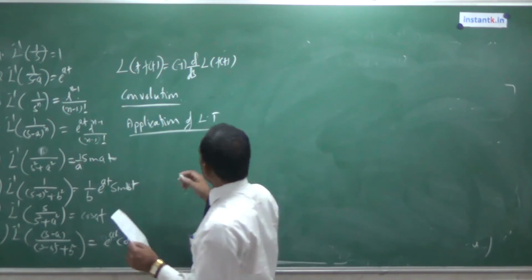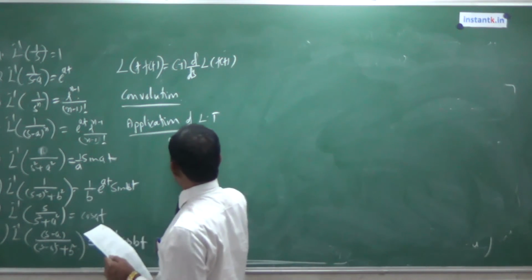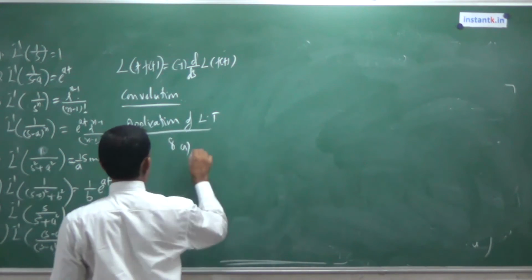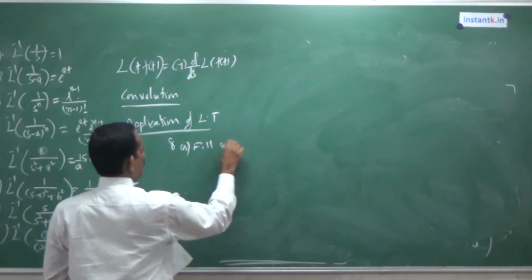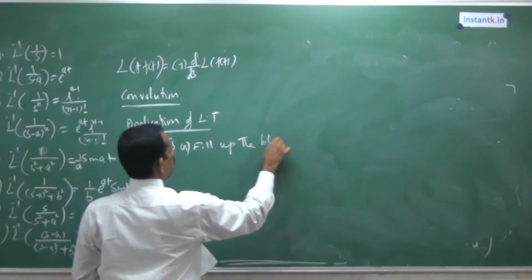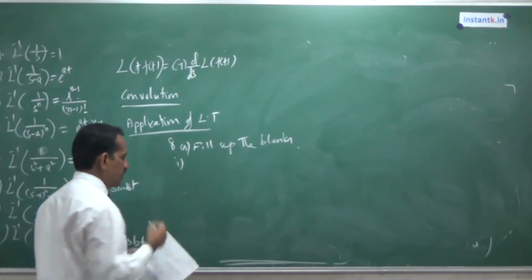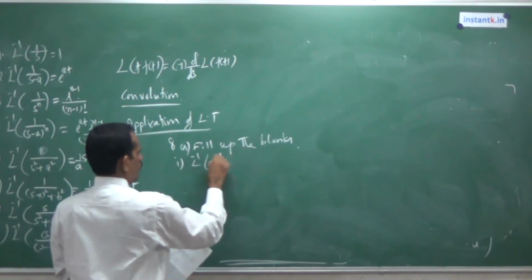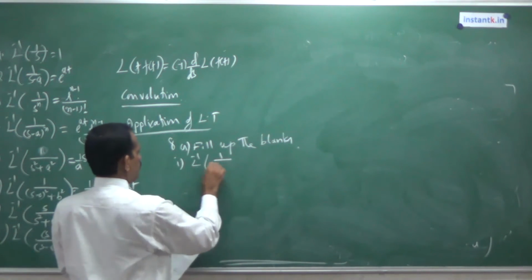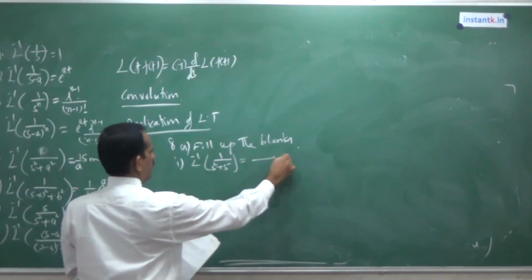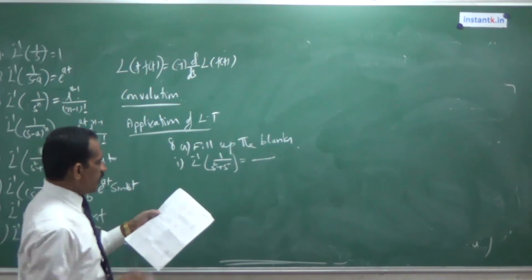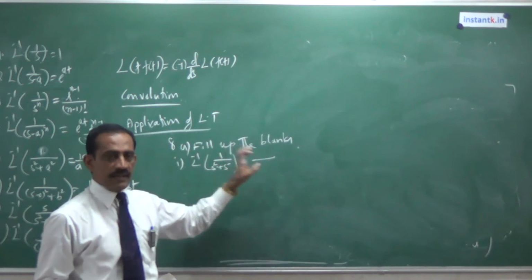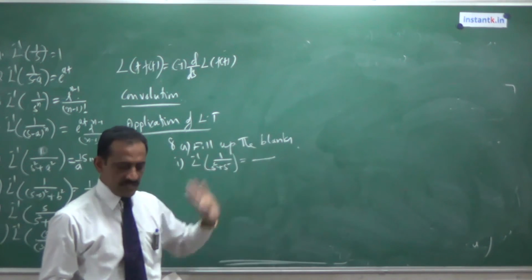In this paper, this is the 8th question always. The first question, A, will always be an objective type question. Here also, they ask you to fill in the blanks. They give 4 options. What do they give in the first question? They ask you to find the L inverse of 1 over s squared plus 5. They give 4 options. Instead of searching them, you should know how to get the correct answer, then select which is correct.